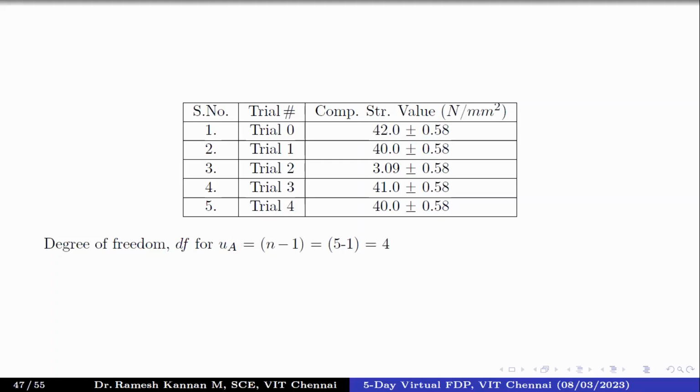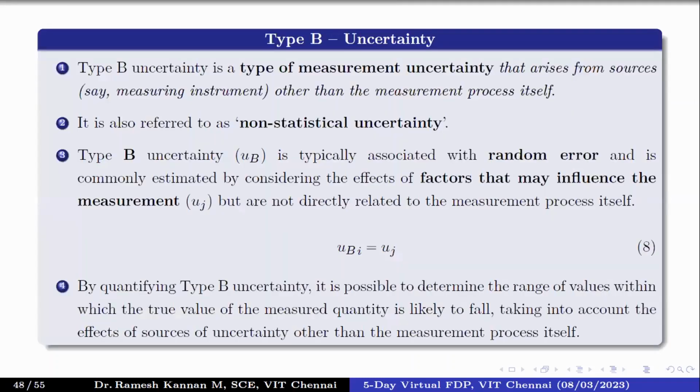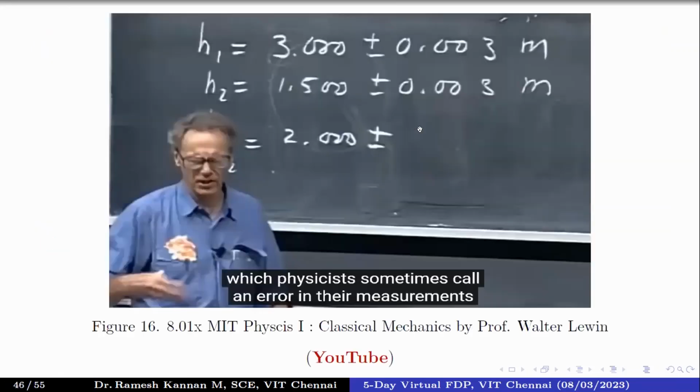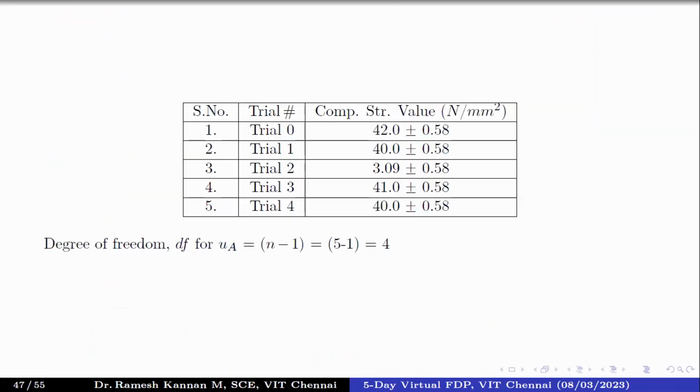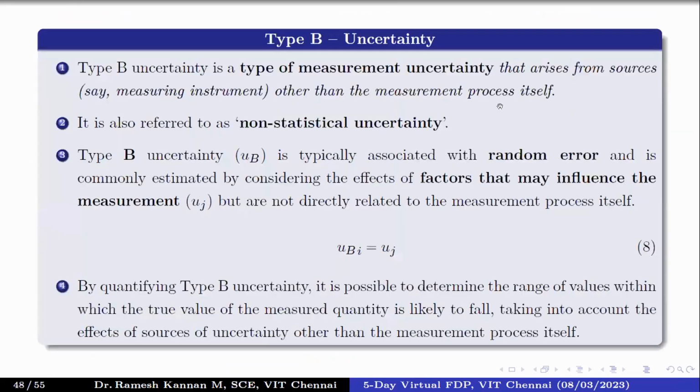Maybe for an uncertainty analysis of the other lectures, other experiments, we can probably talk about that. Right. So that is type A. Type B, we talk about non-statistical uncertainties, and type A is only one. It's experimental error. But type B, it could be anything. It could be due to the temperature, or it could be any factor that is affecting our experimentation. Not necessarily the test methods or the procedures, but anything, even the instruments.